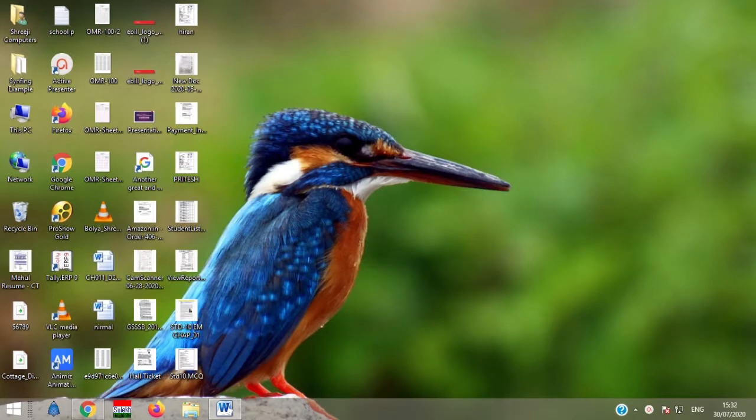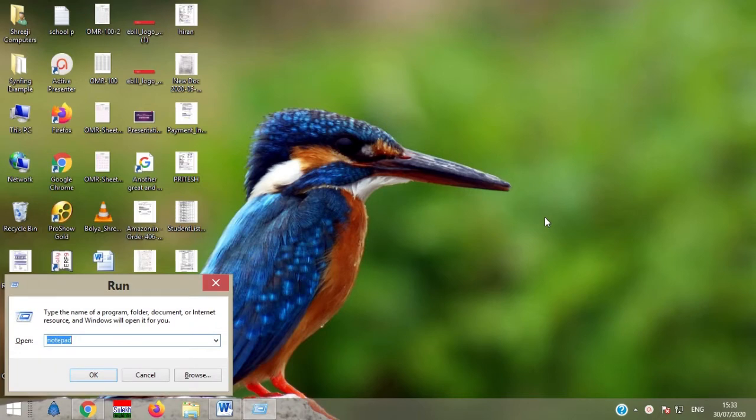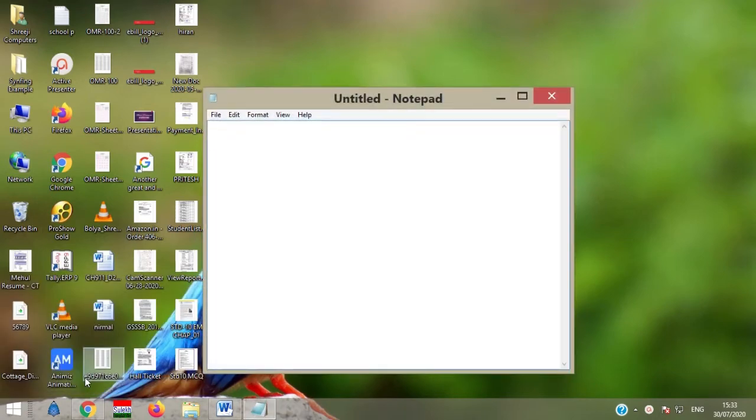Practical number one: use of the heading tag and paragraph tag in HTML. In this practical we are using Notepad. So let's start with Notepad. Run menu, type notepad, then press OK,